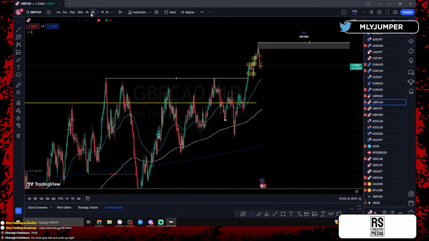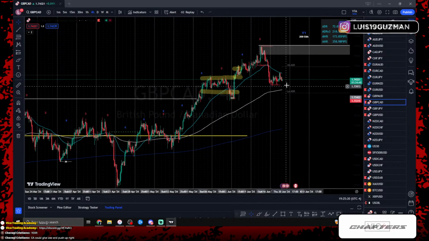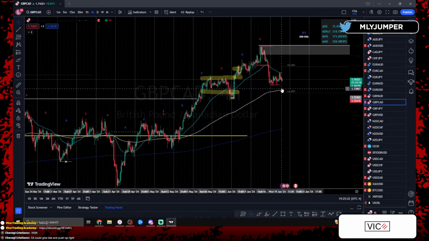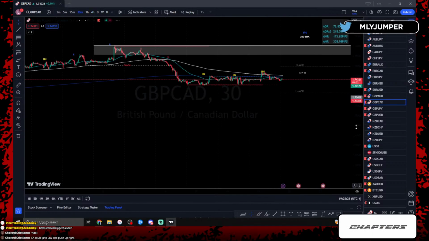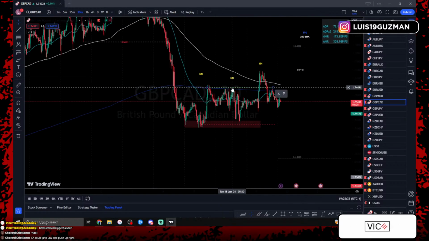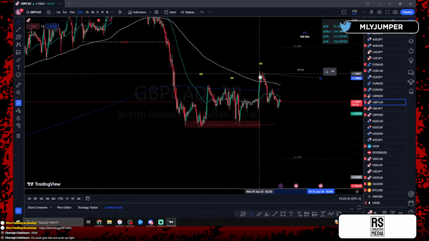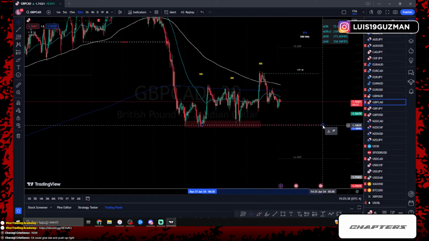Looking at it in a lower time frame, we know that in level 2 we want to see price bounce off the 200 EMA. So could we just get another push down to the 200 EMA? 100%. We could see in a lower time frame price is just moving sideways, so it just makes it easier for us. Why is it easier? Because at this point, what are we looking for? We're looking for a break of the lows or the break of the highs.